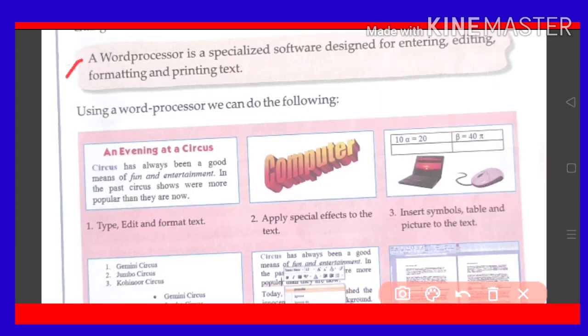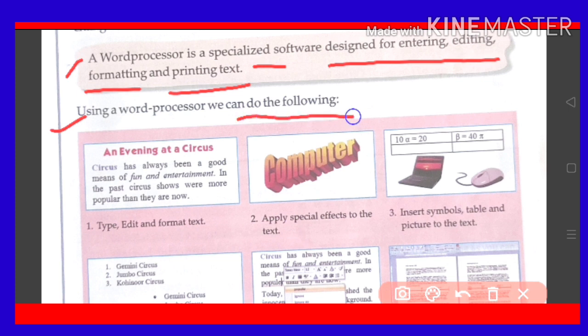A word processor is a specialized software designed for entering, editing, formatting and printing text. Using a word processor we can do the following. By using it we can do much more.